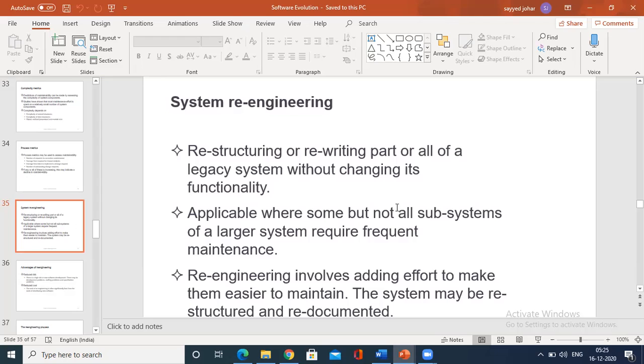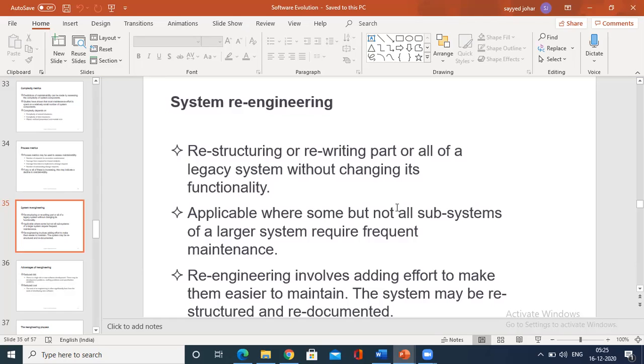So what is re-engineering? In re-engineering, you are just modifying the existing legacy system. Re-engineering involves redocumenting the system, refactoring the system, and translating the program to a modern programming language.